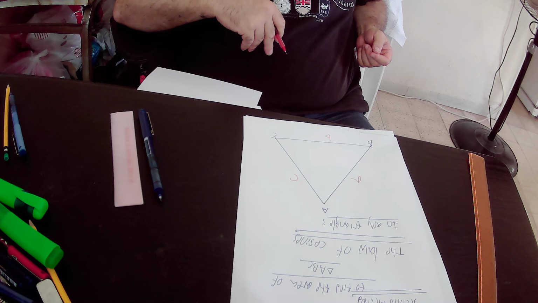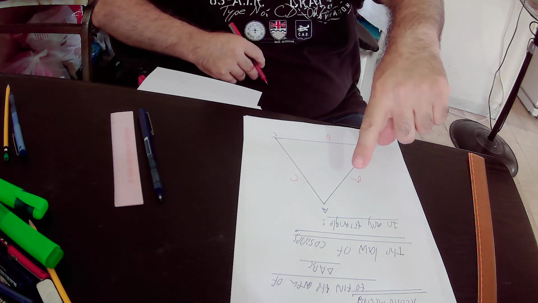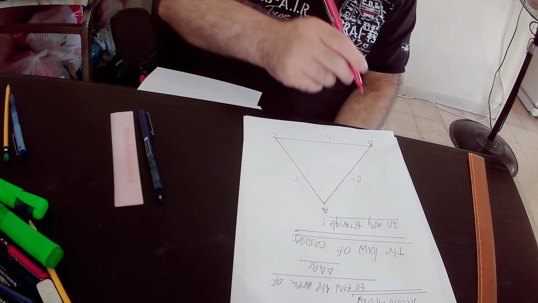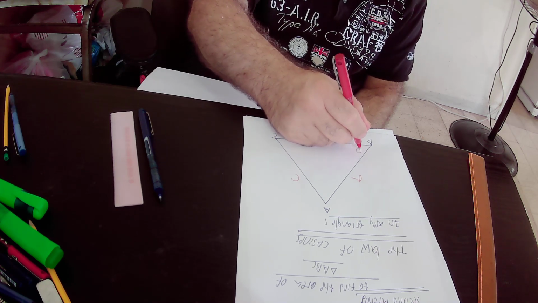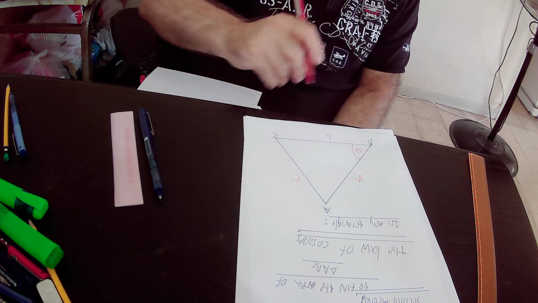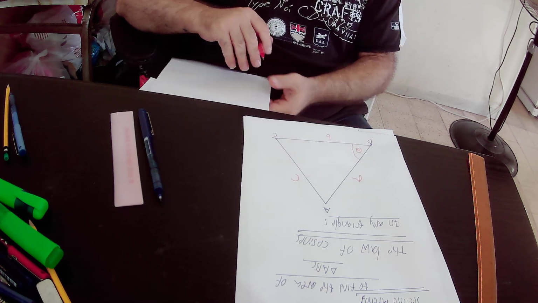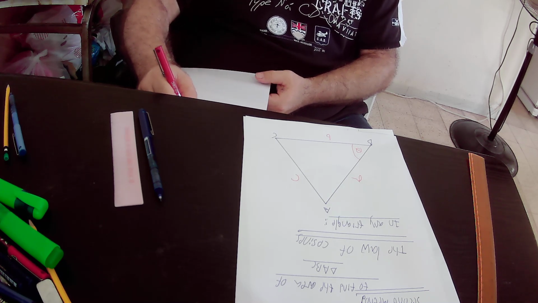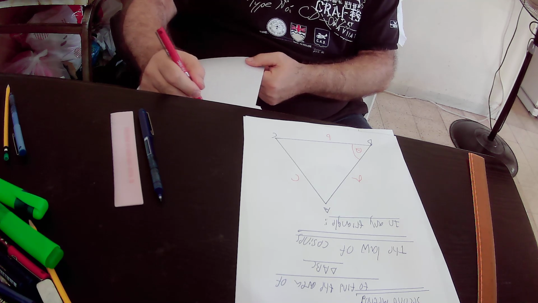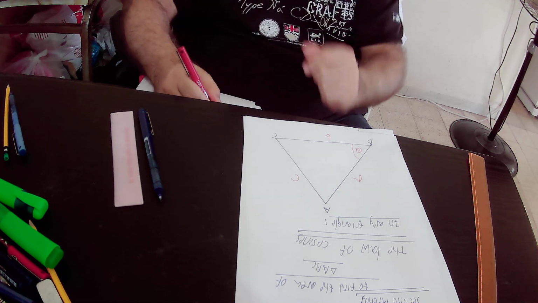And we also know that the angle between side AB and side BC is theta. Then, according to the law of cosines, C squared